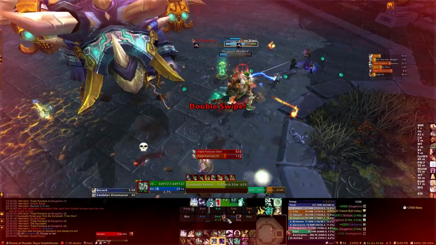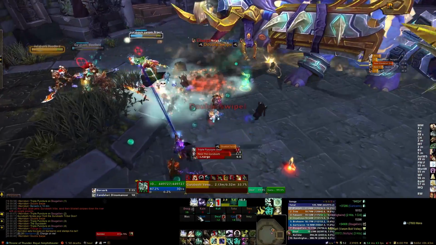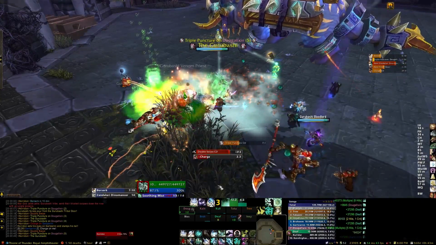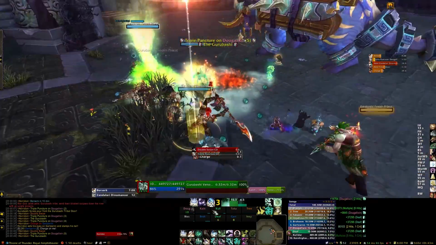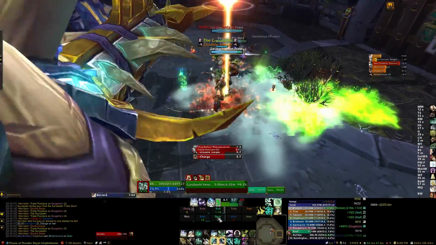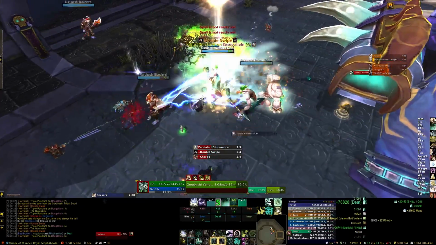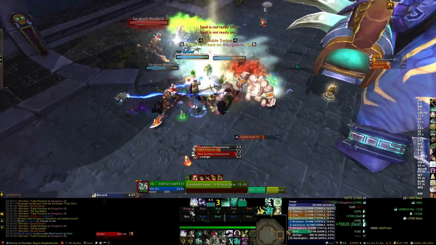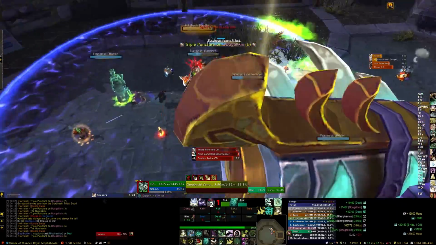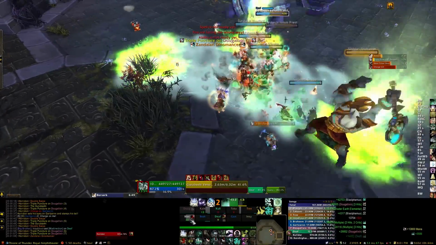So their main ability, which you should interrupt as much as possible, is Venom Bolt Volley. This hits everyone in the raid, which is why it's exceptionally dangerous, causing a dot on that player. It does about 10,000 damage initially, but more importantly, it does a dot for 10,000 damage every 3 seconds for a minute, and this stacks up. This can be dispelled with Poison Dispels. So again, just like the first set, you really have to focus on dispelling